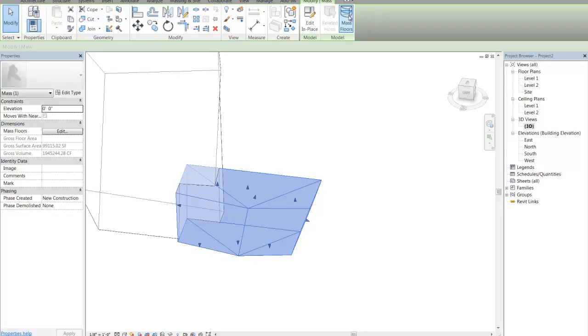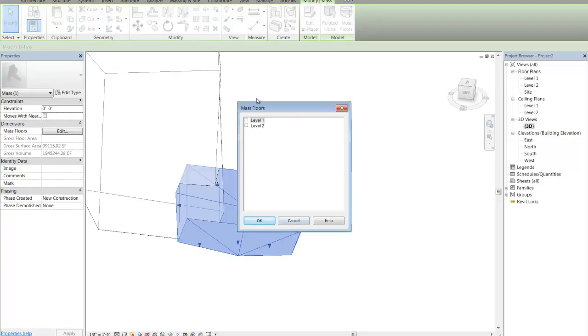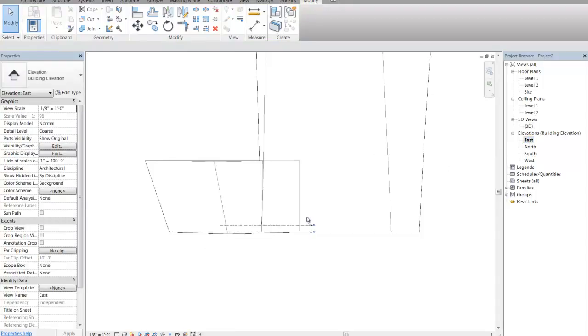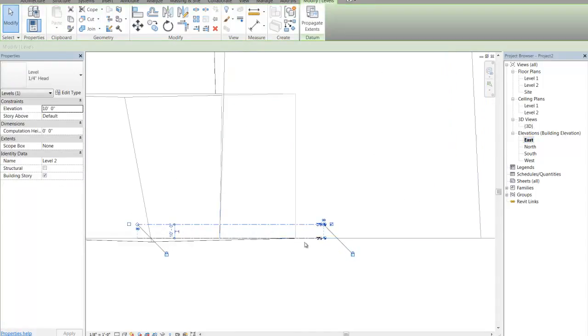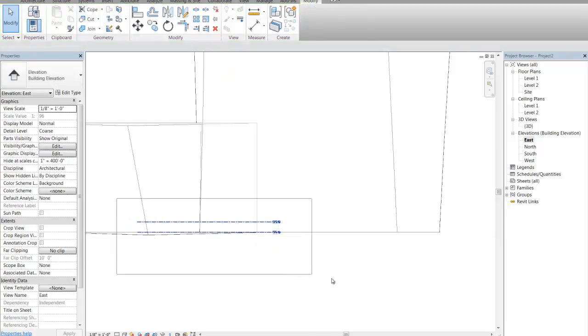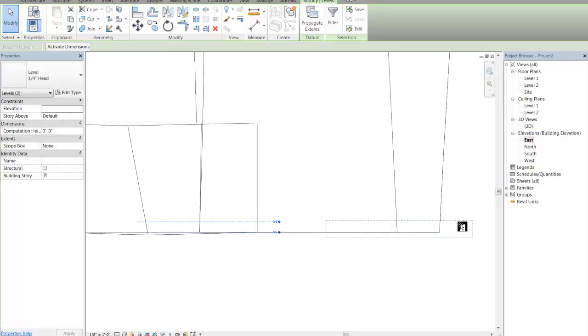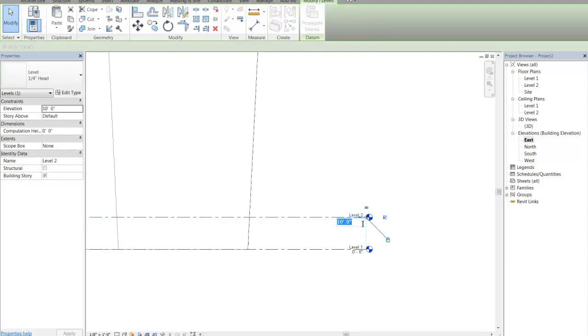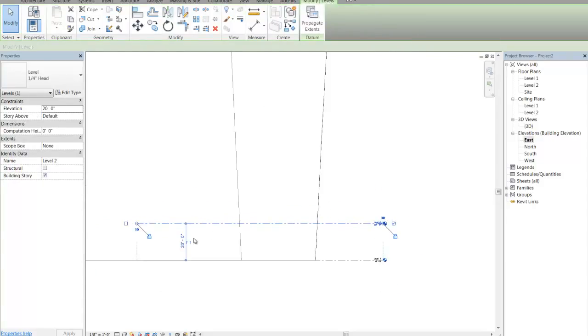In both instances, I'm going to go in, hit mass floors. You can see by default it's just got level 1 and level 2. So I'm going to go back into the elevation view and go ahead and place some new levels. So the first thing I'm going to do is just select both of these and slide them over here so that they're more readily seen. This first level probably has some retail, so I'll set it up at 20 on the second level, so the first ceiling height. And then we'll do an array,